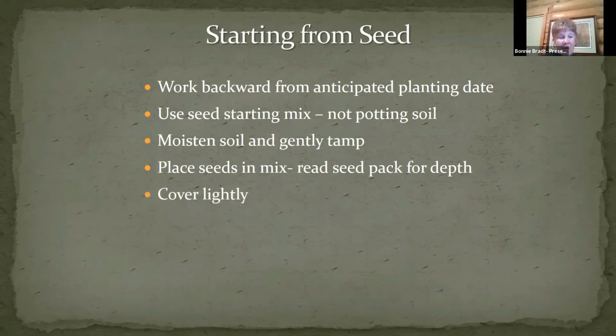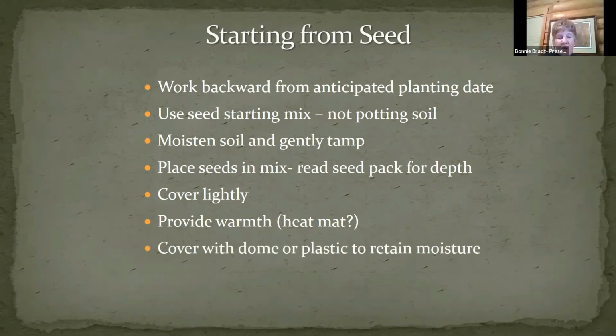You then cover lightly with that same seed starting mix, and you water it in a little bit, very lightly, so that you don't disarrange the seed. And you then provide warmth beneath your seeds, usually with a heat mat. That is a really great way to go. They are able to raise the temperature of the soil in those seed areas so that the seeds will come up faster. You cover them with a dome or just saran wrap plastic to retain the moisture so that